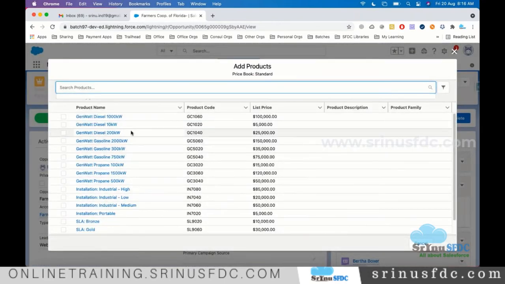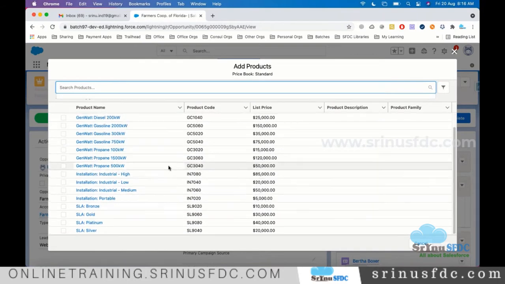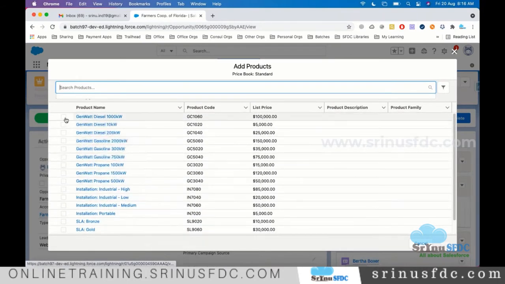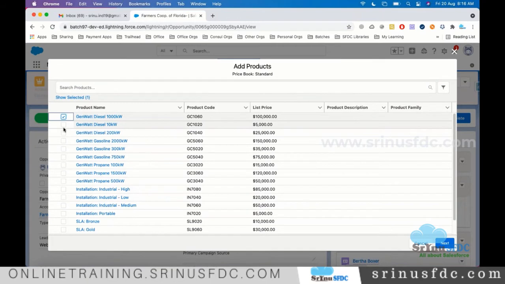Salesforce also provides some test data for the products. If it is the Dell company, what we do is delete all of these and create all the products that Dell is selling, and we choose only those, right? This is the test data. So quickly, I'm choosing whatever is already present. Let's say this is one, and this I'm choosing, and I click on next.